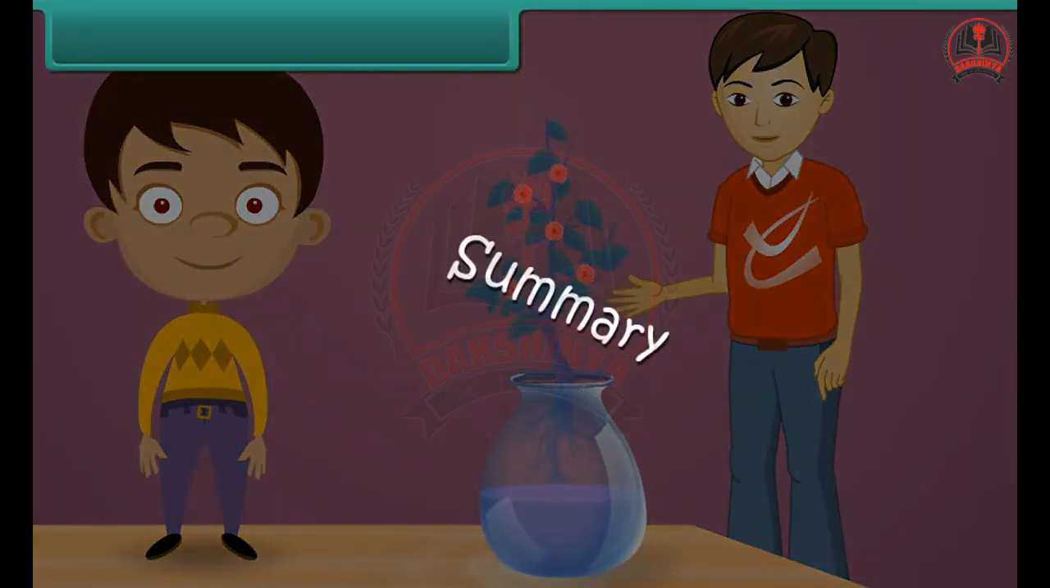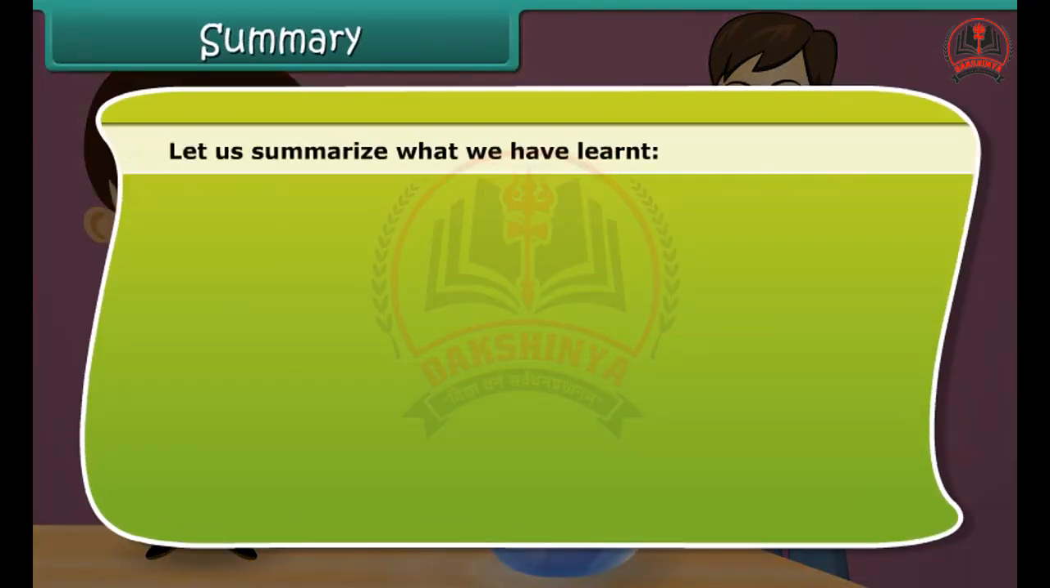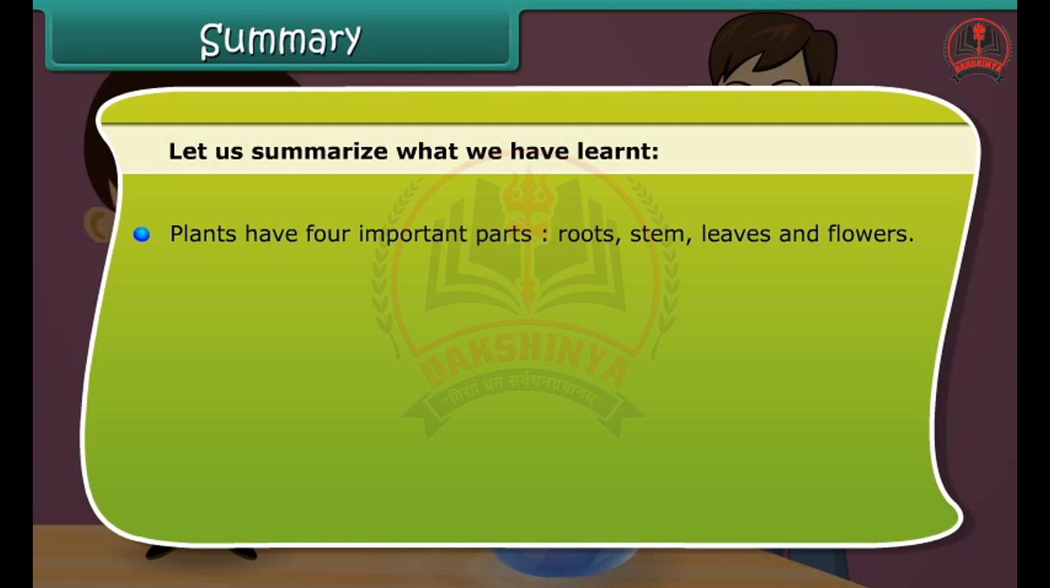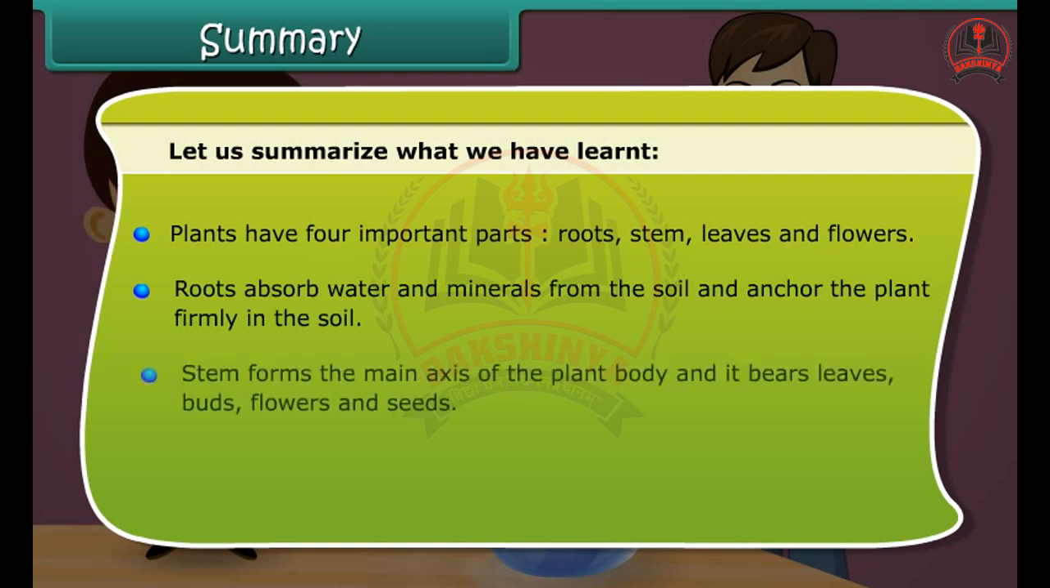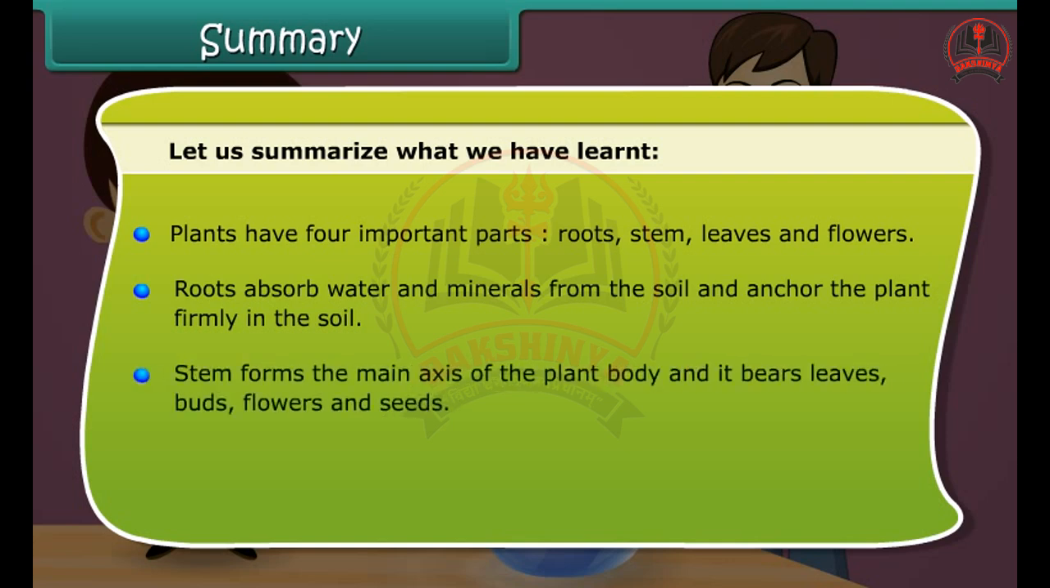Summary. Let us summarize what we have learned. Plants have 4 important parts: roots, stem, leaves, and flowers. Roots absorb water and minerals from the soil and anchor the plant firmly in the soil. Stem forms the main axis of the plant body, and it bears leaves, buds, flowers, and seeds. The stem